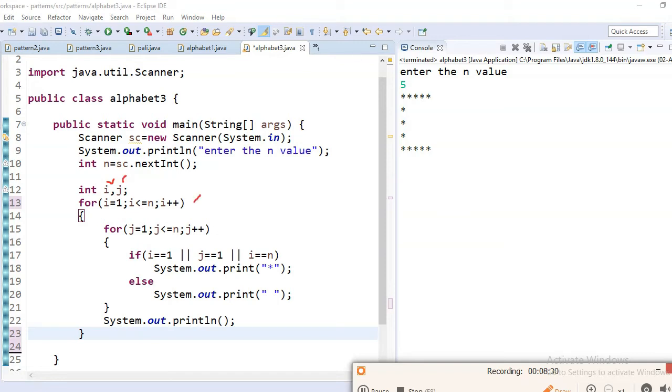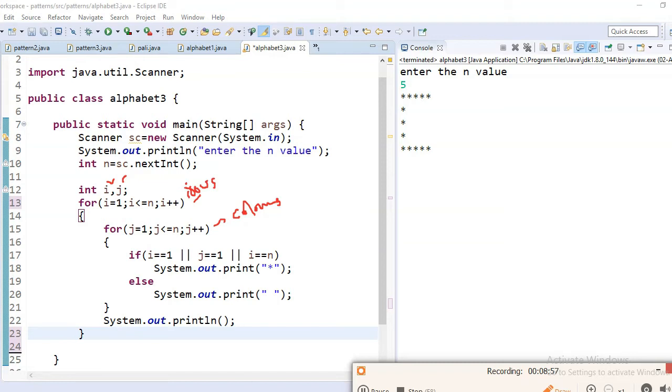This one is for rows. This is a nested for loop, that means inside a for loop, again another for loop. This for loop is for columns. j equal to 1, I take the j value for columns.